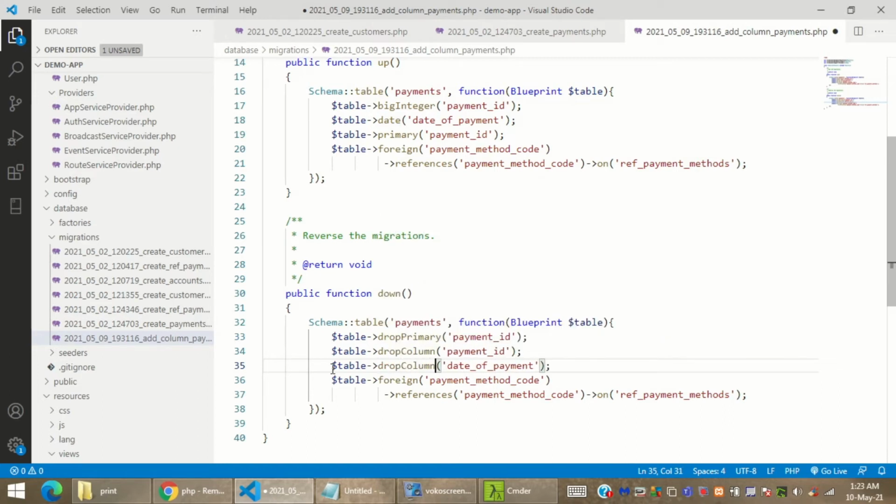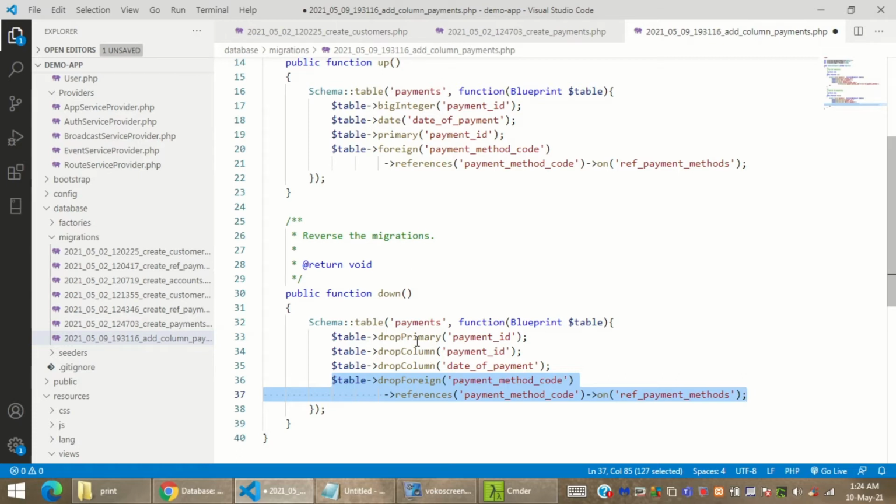Similarly, I'm telling it drop column date underscore payment, and I'm also telling it to drop the entire foreign key. For that, it's dropForeign, F should be capital in it. And the other syntax, the line number 37, should not be there, so I'll be removing it.